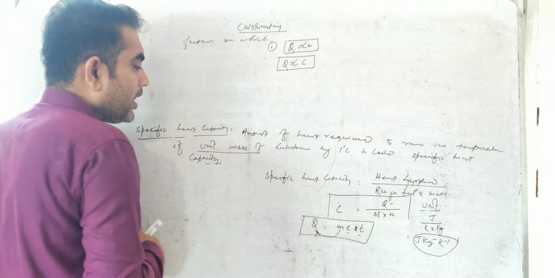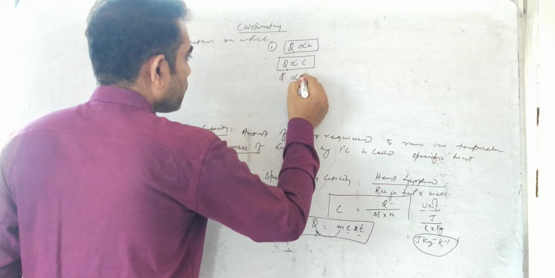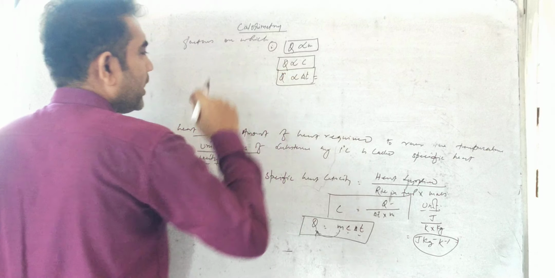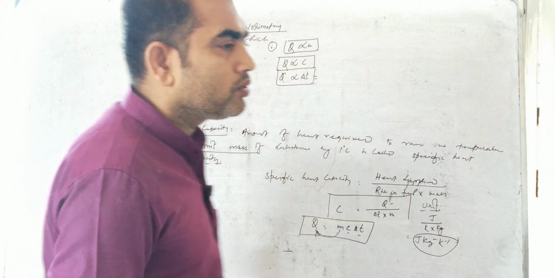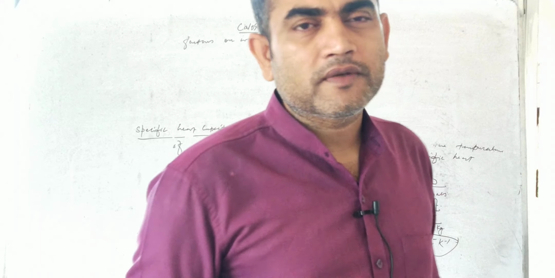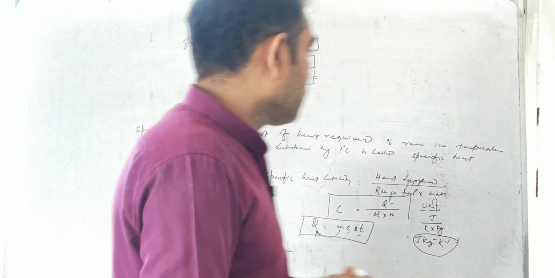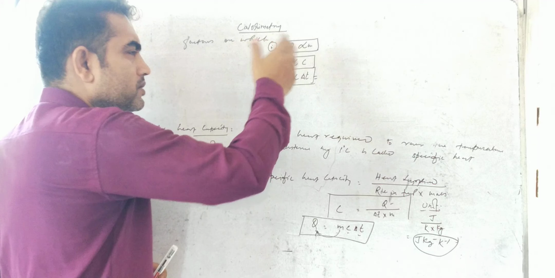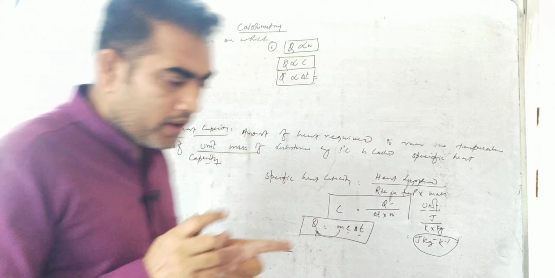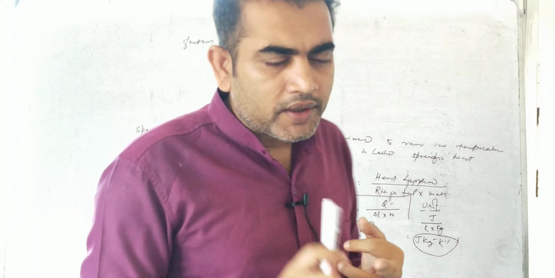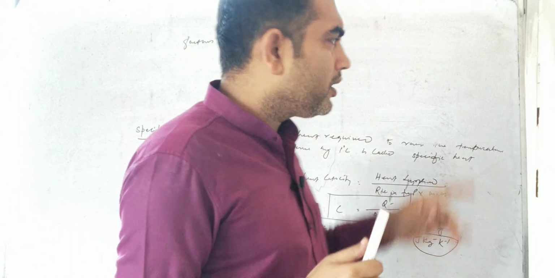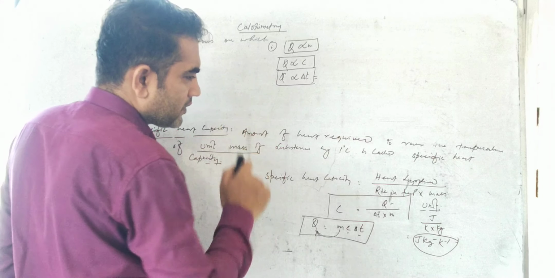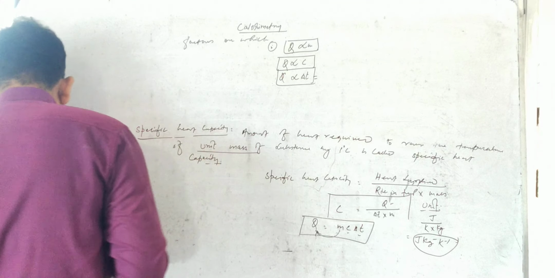And the last one is that Q is proportional to del T. That means the heat supplied or released is directly proportional to the rise or fall in the temperature of the substance. For a larger range in temperature, more heat will be required; for a small range in temperature, a small heat will be required. So heat gained or released by a substance completely depends upon the mass of the substance, the specific heat capacity of the substance, and the temperature change.